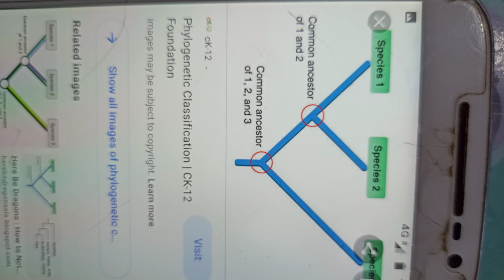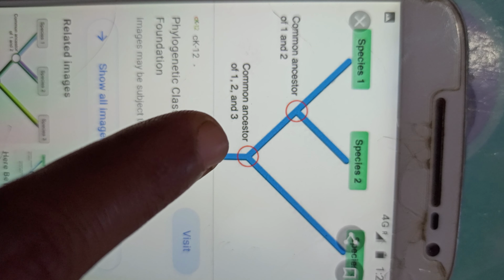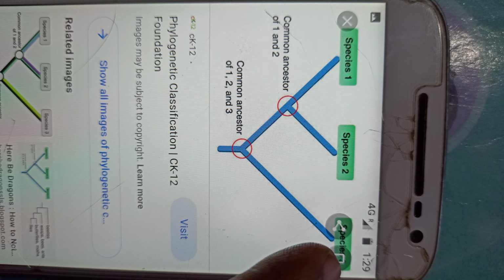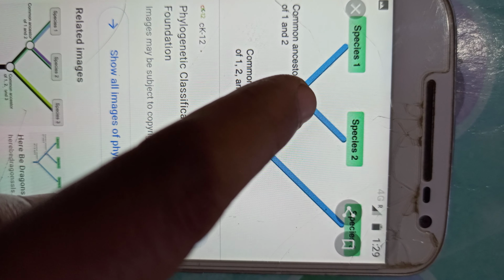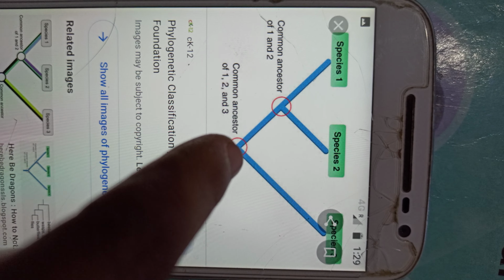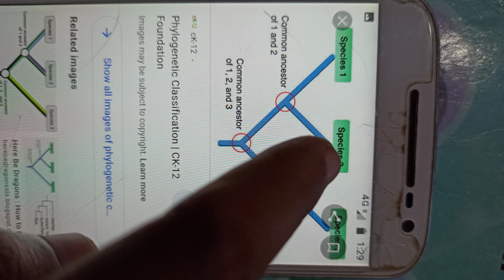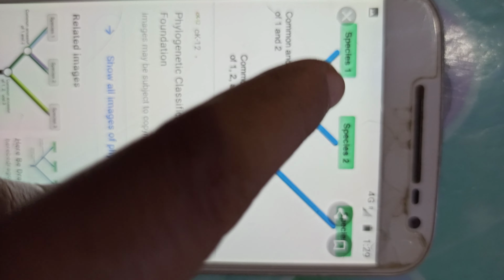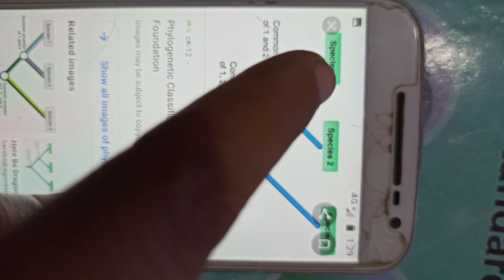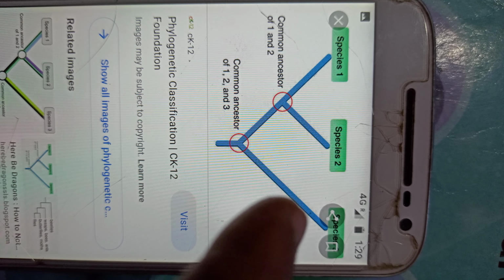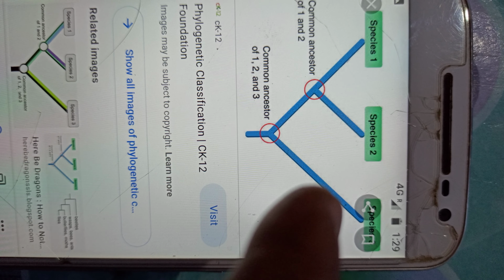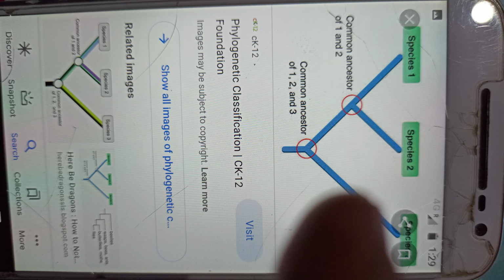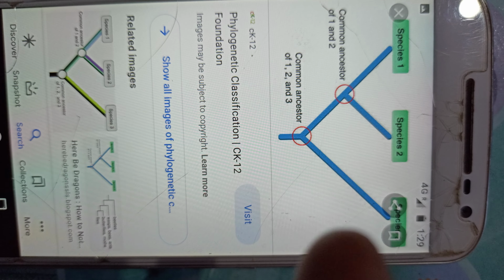Again, if you want to understand this in a better and very short way, this line represents a common ancestor for species 1, 2 and 3. As you move further, you will see species 3 has this common ancestor, but this is a common ancestor for species 1 and 2, and this one is a common ancestor for all of them. So this is, in short, the phylogenetic classification or phylogenetic tree, and the Engler and Prantl classification is an example to make it more understandable.